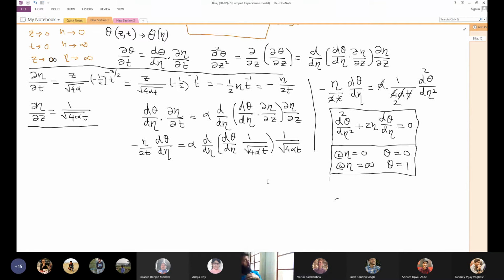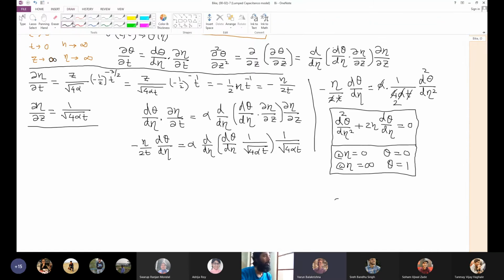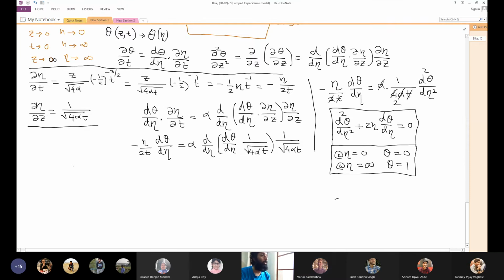Have you seen this kind of equations? Yes, sir. Okay. Take d square phi plus 2 eta d phi. What we did first, this square thing will not be able to solve, because that is for constant coefficient. This is a variable coefficient. So to solve this, we'll do a little bit of transformation: phi equals d theta